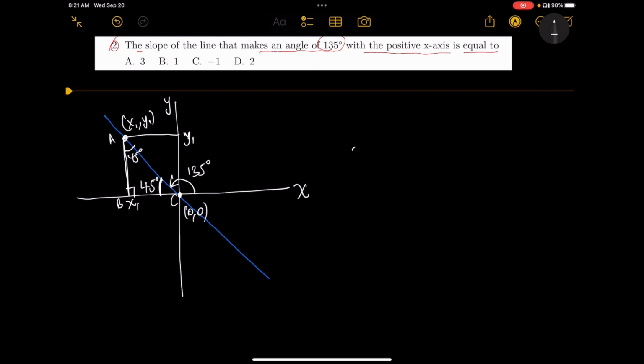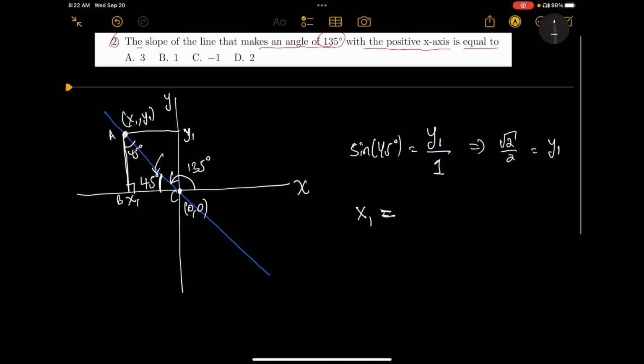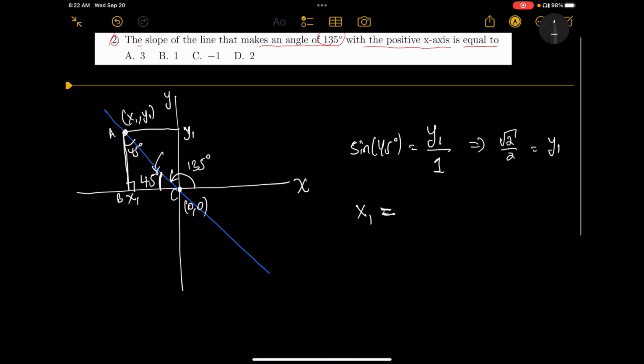ኦኬ ለዛ ይሄ 90 ዲግሪ ነው ይሄ 45 ዲግሪ ነው። ይሄን ትራያንግል ABC ብለው የዚህ ትራያንግል ABC ሃይፖቴነሱ አንድ ማለት እንችላለን። ለዛ sin of 45 ዲግሪ ኦፖዚት እዚህ ጋር ማን ነው y1 ነው፣ y1 over the hypotenuse 1 ብያለሁ። ለዛ sin of 45 ዲግሪ ያው root over 2 ነው which is equals to y1። ኦኬ ለዛ x1 ያው ከy1 ጋር እኩል ነው መሆን ያለበት፣ ለምን since it's an isosceles triangle ማለት ነው። ግን x1 since it is to the left of 0 it needs to be negative። ለዛ x1 negative root over 2 ነው ማለት ነው።